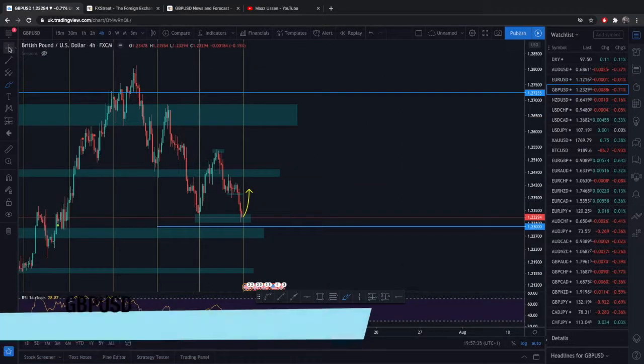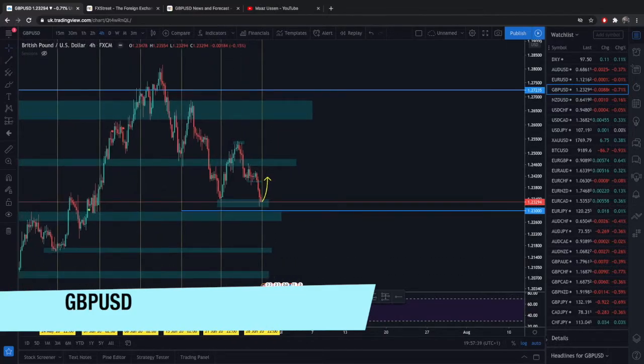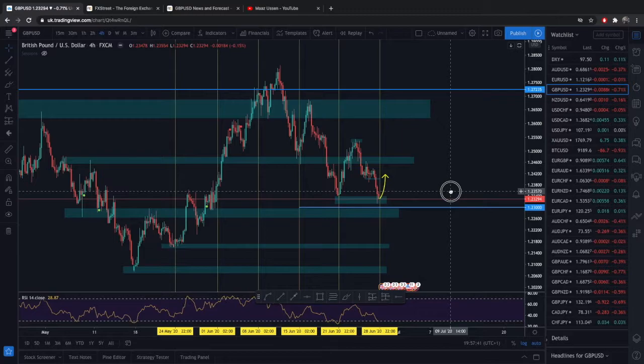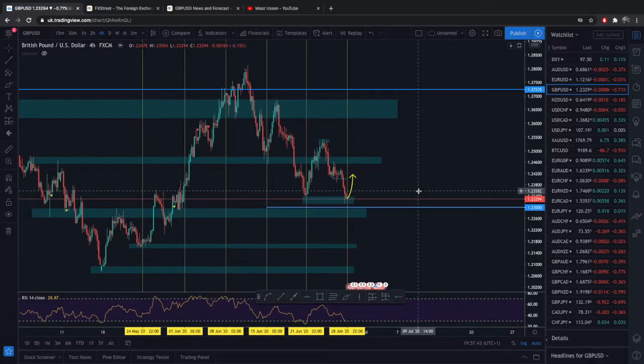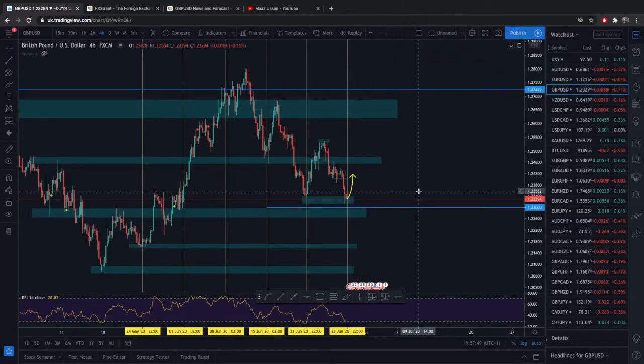Moving on to GBPUSD. Now this is going to be quite an interesting one this week, I think, especially with concerns in, unfortunately, Leicester, where I'm from. There are concerns that we might have a localized lockdown, which has been all over the news. Whether the country's going to go into a lockdown, I don't think so. I think Boris Johnson and the government are very interested in trying to get this economy back up and running. They can't afford any more slippage, if that's what you want to call it.